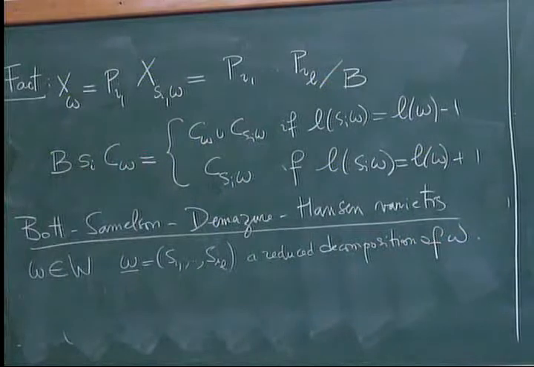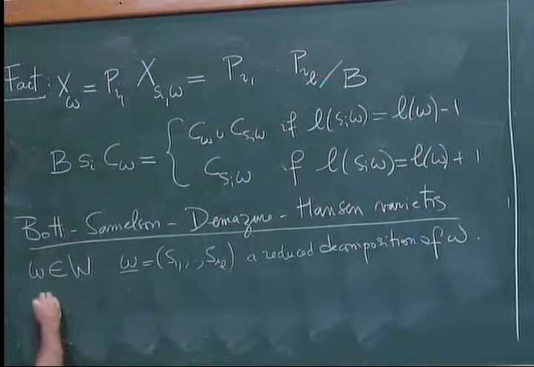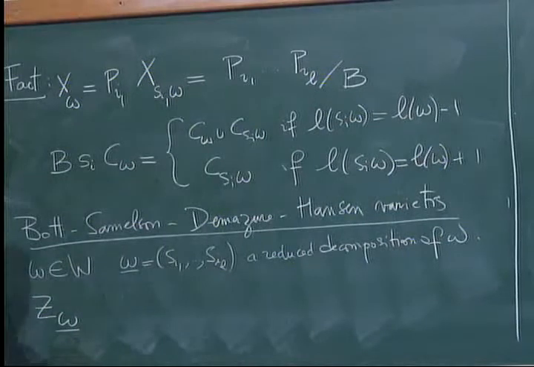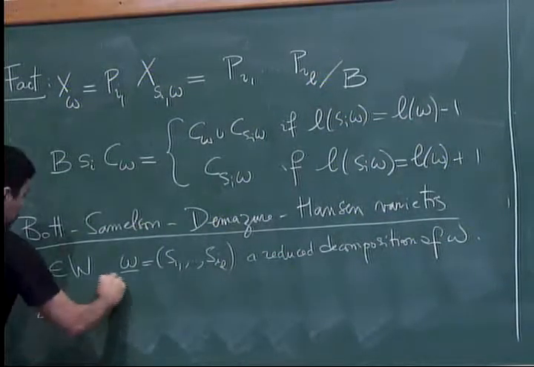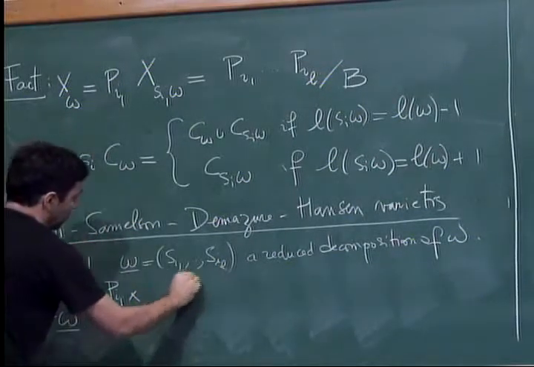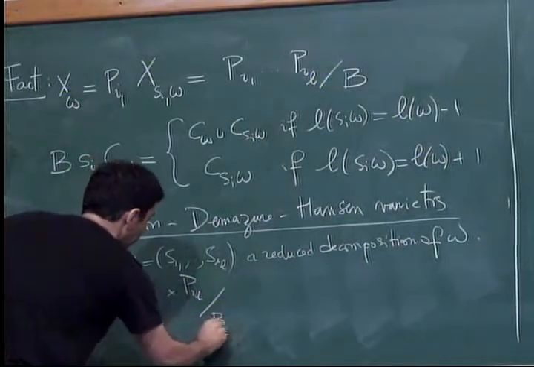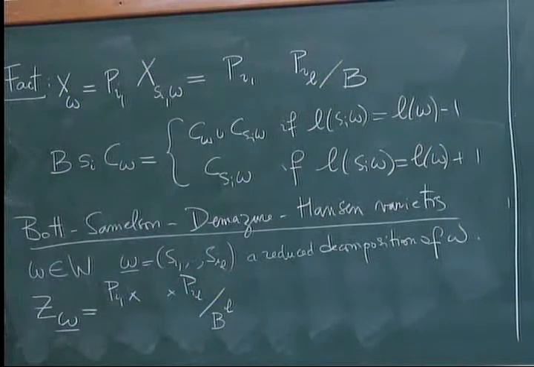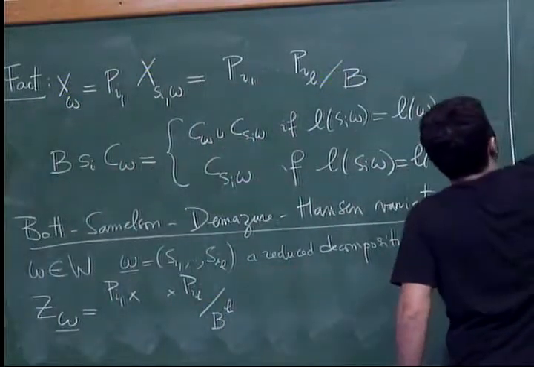Omega. And you can consider Z omega bar, the product of PI1, the same PI, up to PIL, mod out by B to the power L. So I need to explain the action where